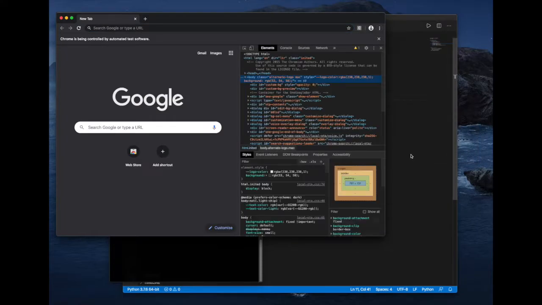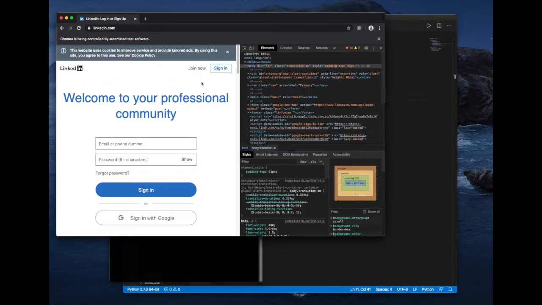This is basically what allows web developers to test and debug their code. So you can see the different components that a website has. So if we go to LinkedIn, for example,